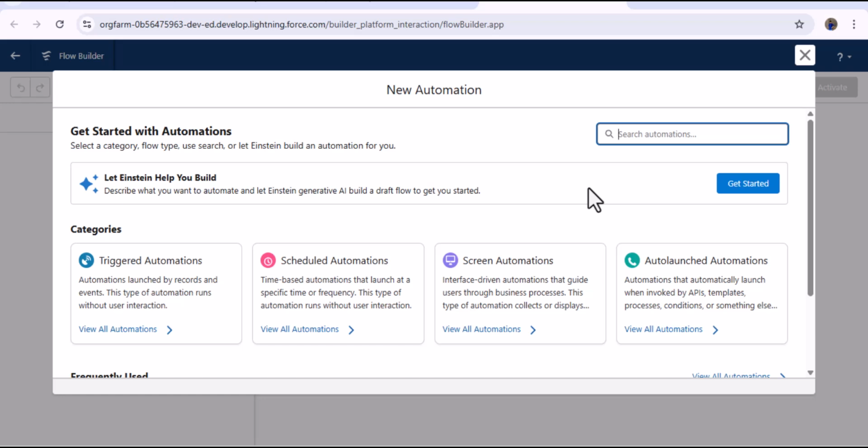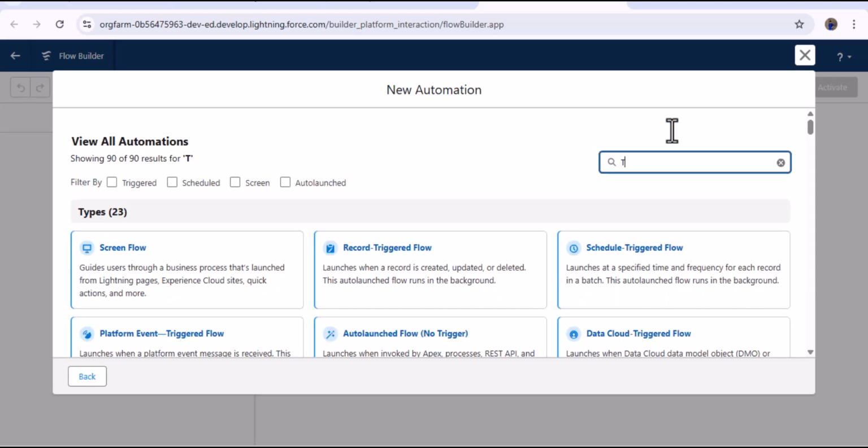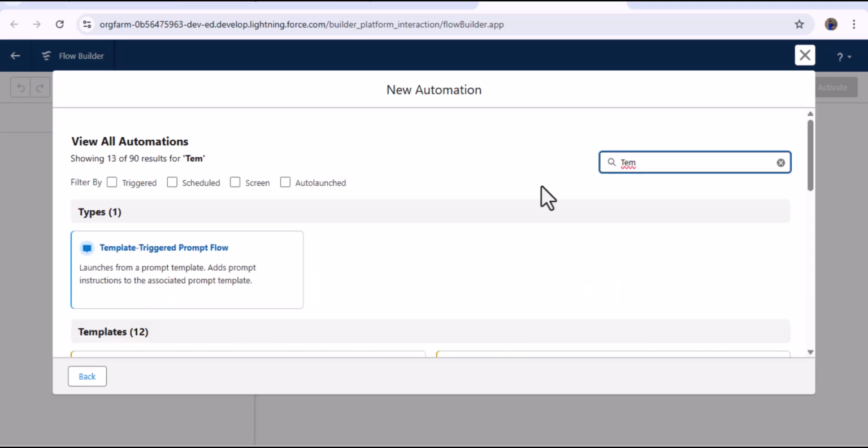So which flow type do we need to select so that we can use this flow in the prompt template? For that, we need to select template triggered prompt flow. Here you can see we have that flow. Only this flow you can invoke in the prompt template. So here I am creating this flow. As I click on this,